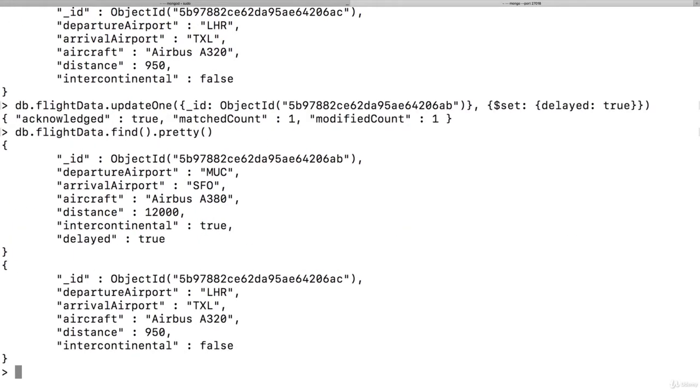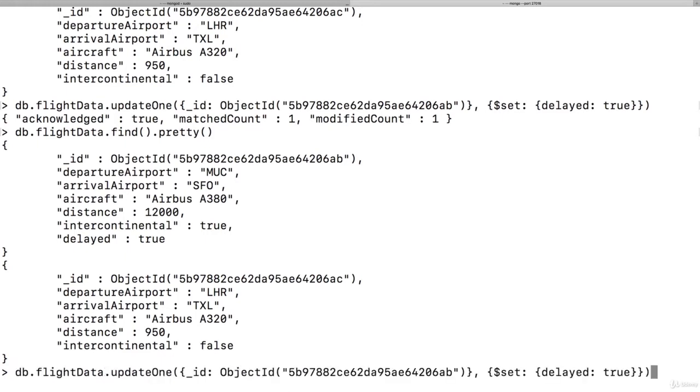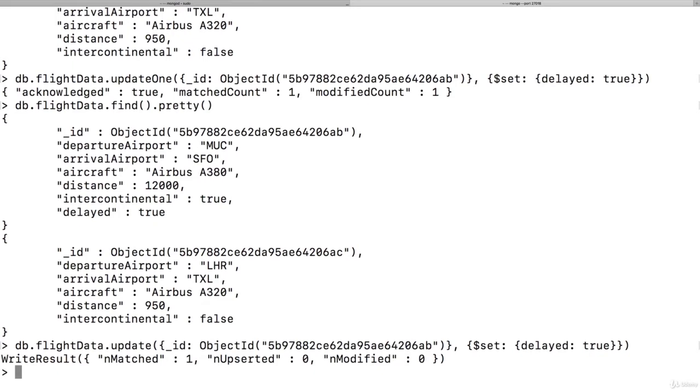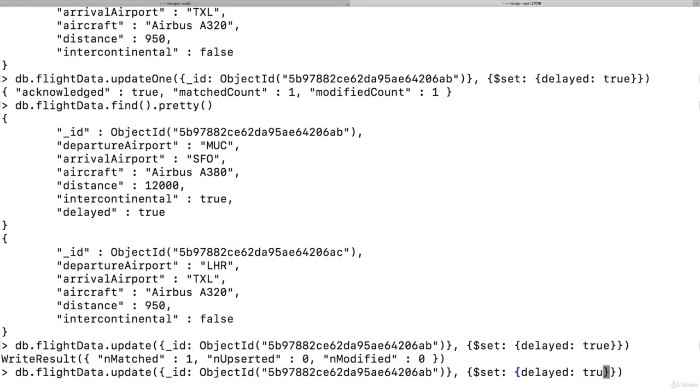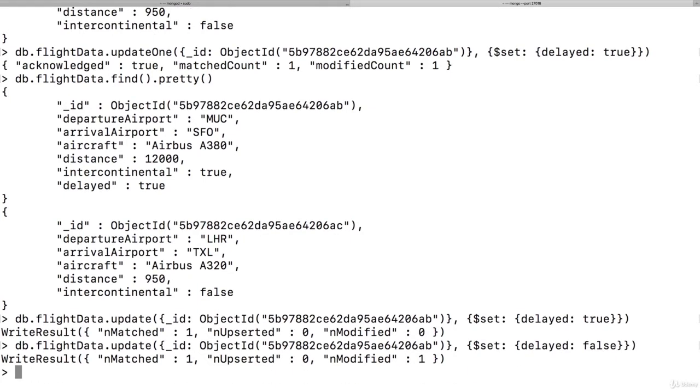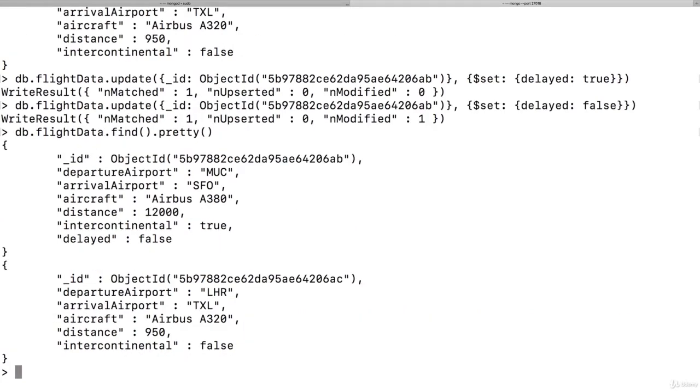And if I output all the flights again, we see delayed was added. So this is something we can do and something we already saw. Now, there also is another command we could use. And that is not updateOne, but just update. So let me quickly remove the One here, and now just use update. If I do that, you see it generally worked, but nothing was modified. And the reason for that simply is that we already had a value of true here. So if I change delayed to false, you see it did modify one element. And if I now output all the data, we see delayed is false.